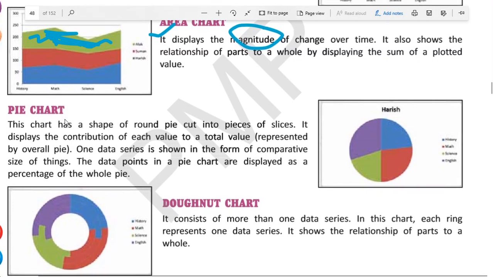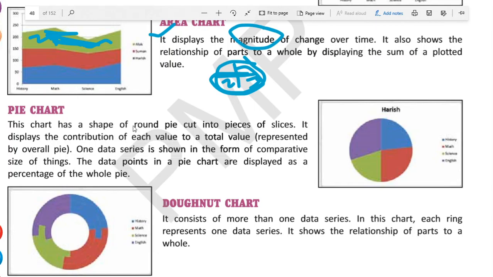Now the pie chart. In cricket, have you seen this? There is a player who played like this. Suppose he gets 2 runs from cover, 3 runs from mid on. So you can say that this player makes his scoring motion from there. Okay, this is called a pie chart.